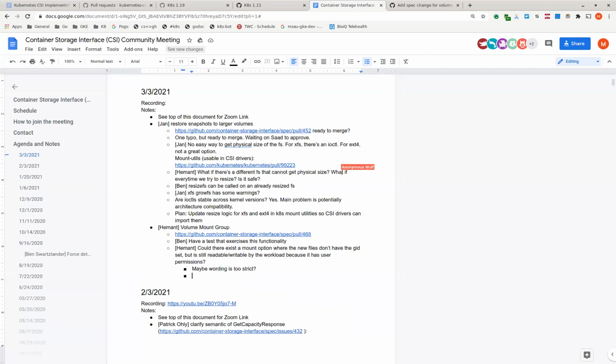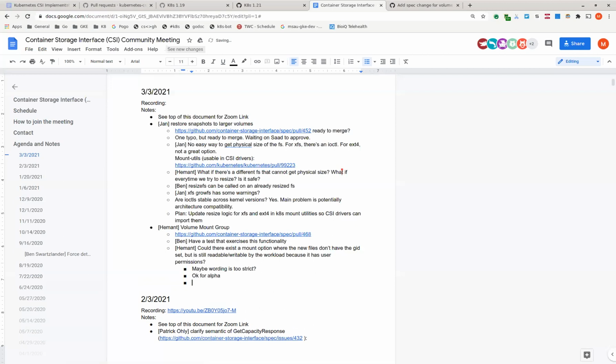I changed it from must to a may, actually. Not relaxed, but, should is better than may, right? No, I dropped that thing altogether, because I realized that many drivers may not actually perform a mount on stage. I know Chris's driver does not perform any mount on stage. So if the actual mount happens at publish time, then the same volume cannot be node published with a different GID if the node stage was.